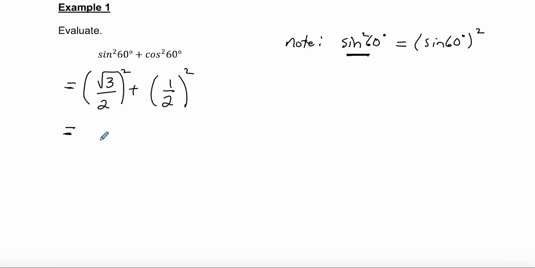Root 3 times root 3 is just 3, and 2 times 2 is 4. And then 1 times 1 is 1, and 2 times 2 is 4. So if I add that up, I get 4 over 4, which is the same thing as 1. So simplified, sine 60 squared, or sine squared 60, plus cos squared 60 is